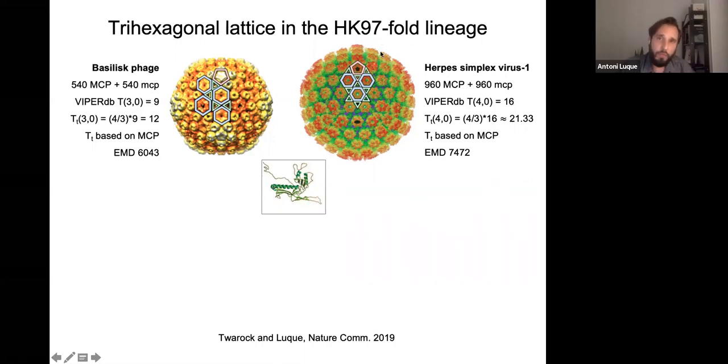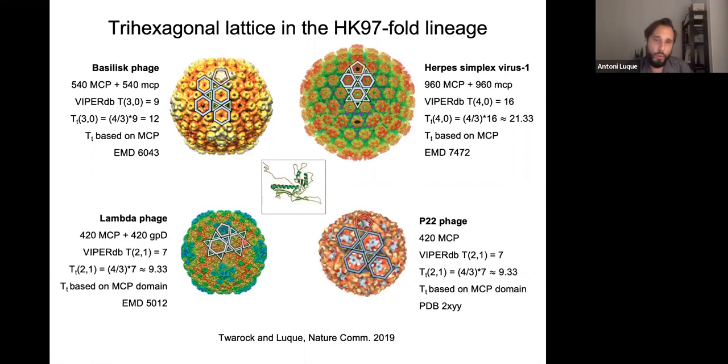And it seems that this fold has a preference for the trihexagonal lattice, but it's exploring it in ways that we're still not quite sure how to predict. So here are 2 cases that we're still scratching our heads on how to approach. But lambda phage, which is one of the most classical viruses that we have learned molecular biology from, is organized in an apparent T7, the classic one, the major capsid proteins are organized in that shape, but it has